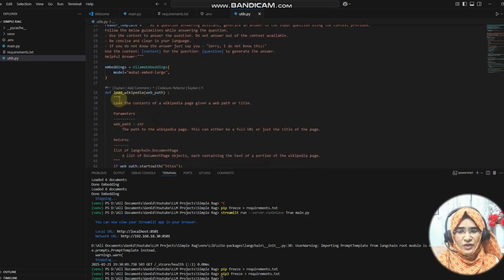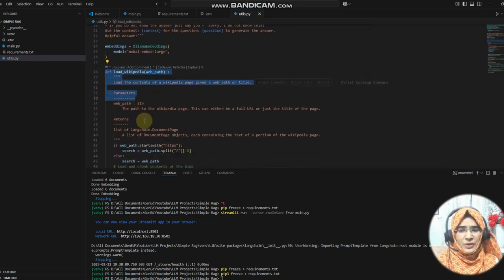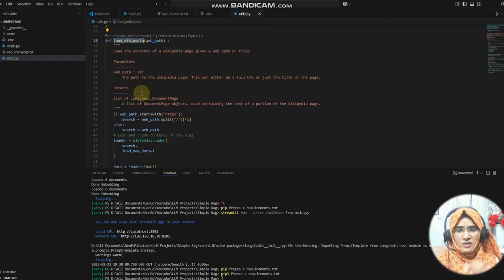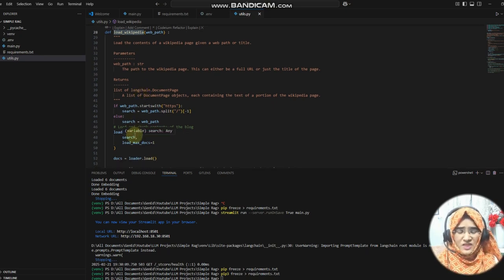Afterwards, we have a function, load Wikipedia. In this function we provide the title or the URL, and that particular title or URL will be loaded, or called. So we are passing here the Wikipedia loader.